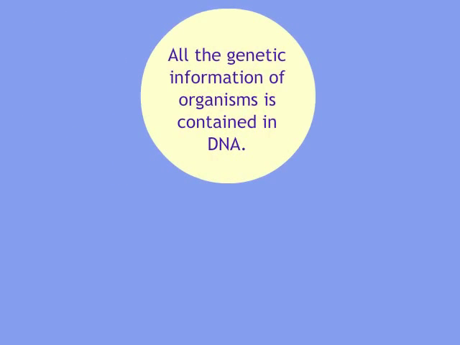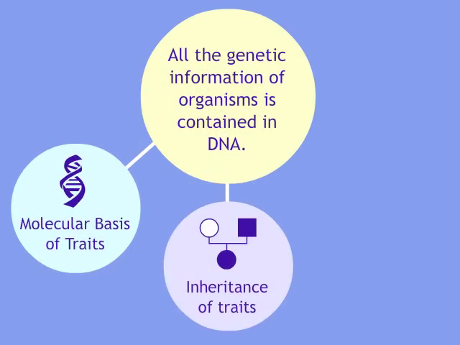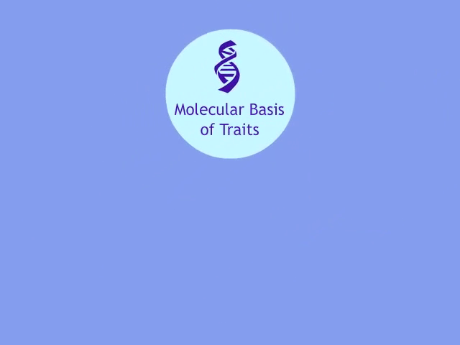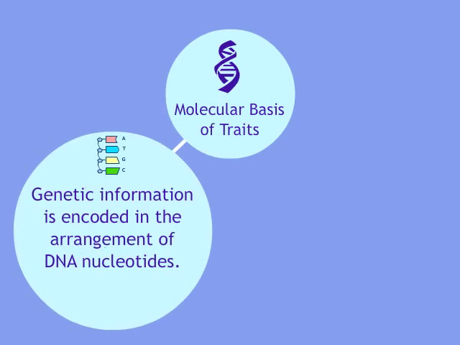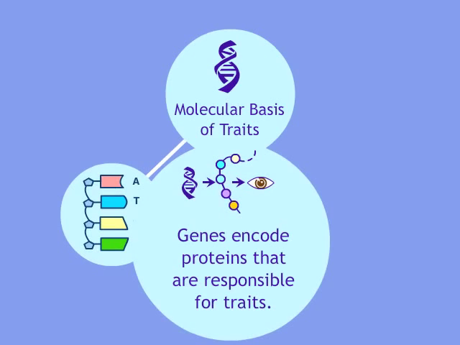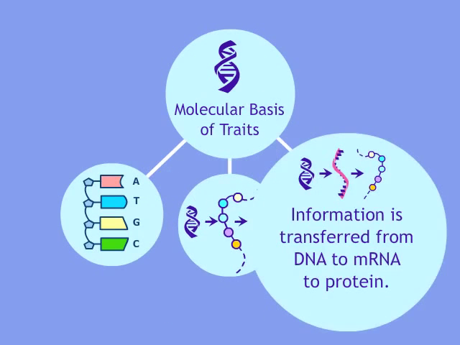One big idea in biology is that genetic information is stored in DNA. This idea involves three components: the molecular basis of traits, inheritance of traits, and variation. Each component is comprised of specific concepts. For example, understanding how genes are responsible for traits involves knowing that genetic information is encoded in the arrangement of nucleotides, that genes encode proteins that are responsible for traits, and that information is transferred from DNA to mRNA to